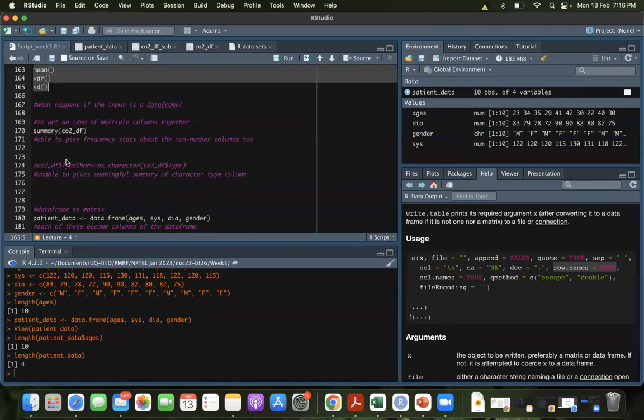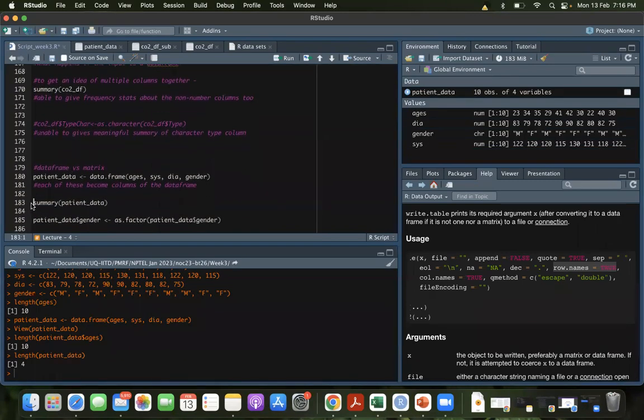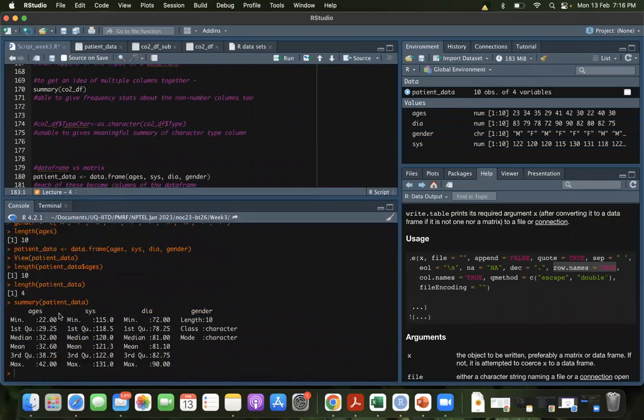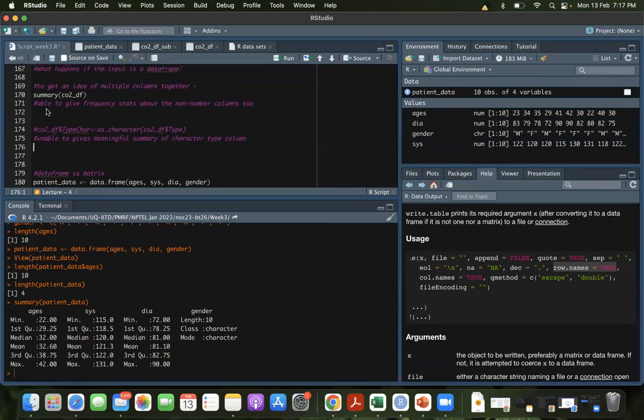So let's see, if I write summary of the patient data here, it gives me this. For the ages column, it's giving me all these parameters. For systolic and diastolic pressure, it also gives me everything. For gender, it's not able to give me any information. I would have liked to know, as one of you asked in the discussion forum, how many are M and how many are F, but it doesn't give me that. So what I can do instead is